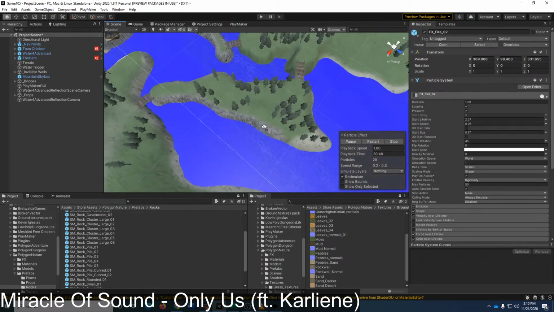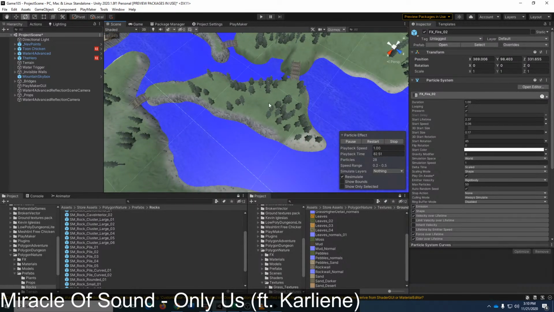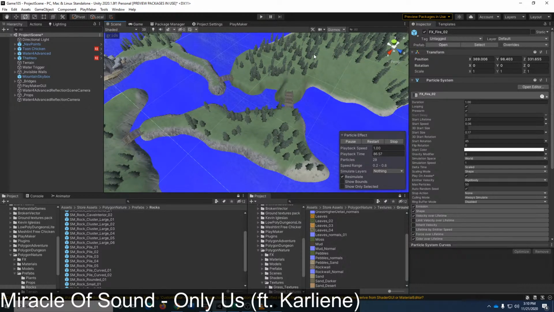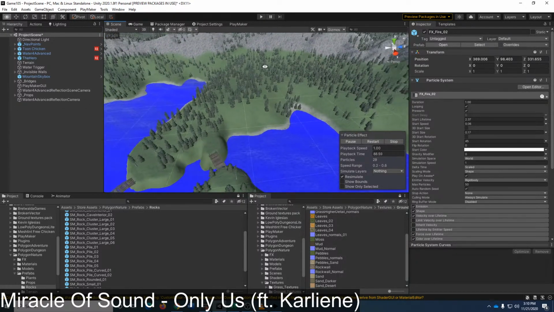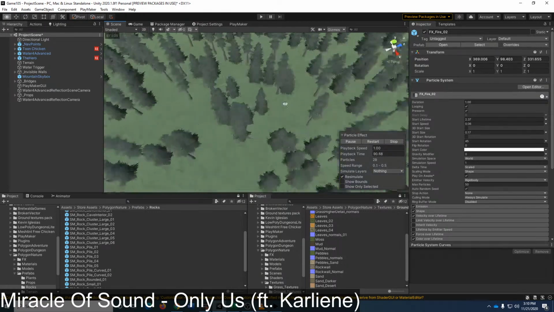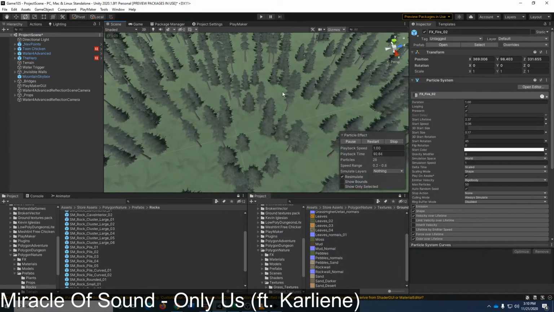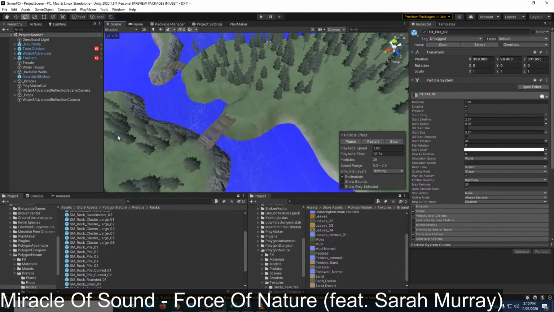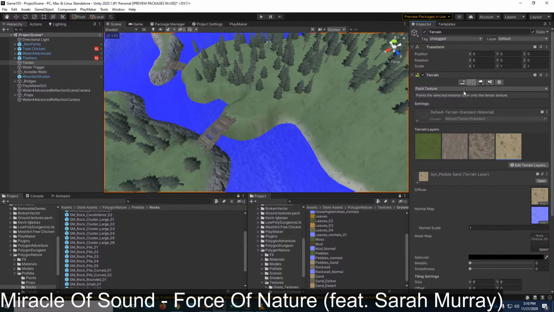But what I want to make sure that I have is a path that runs between these bridges here and up into here, because I'm going to have like a little stone circle over here that I'm going to put some chicken on. So first thing I need to do, let's do the path. So switch over to terrain, switch over to the paint.